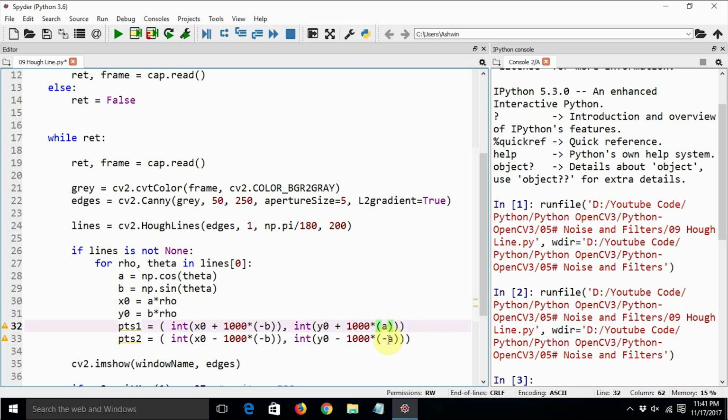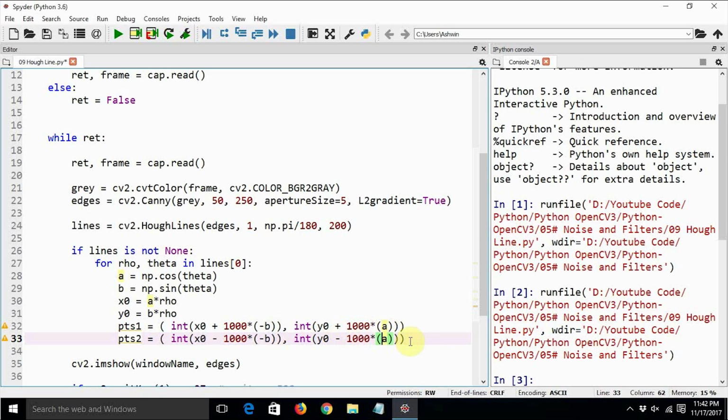Sorry, all these things are a, not minus a. So let me check the formula again. It should be x0 minus 1000 into minus b, comma, y0 plus 1000 into a. Similarly, point 2 should be x0 minus 1000 into minus b, comma, y0 minus 1000 into a.